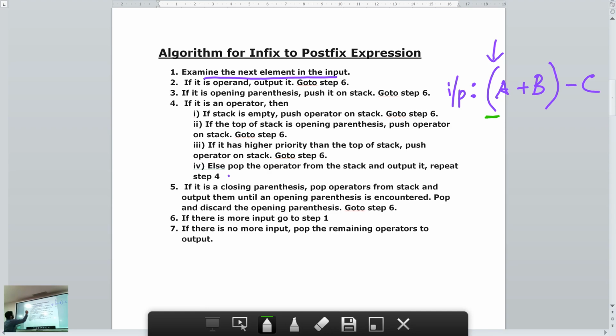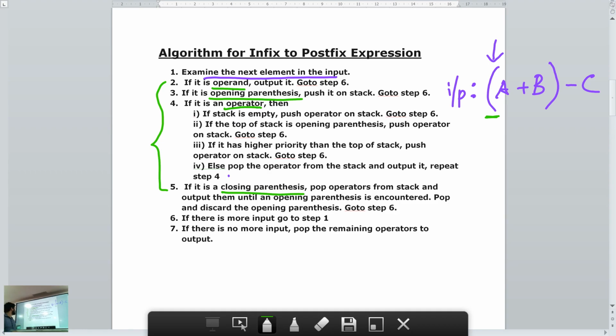As I told you in the flowchart, after step 1, you can perform one of the steps: step 2, 3, 4 or 5. Step 2 deals with an operand. Step 3 deals with an opening parenthesis. Step 4 deals with an operator. And step 5 deals with a closing parenthesis.